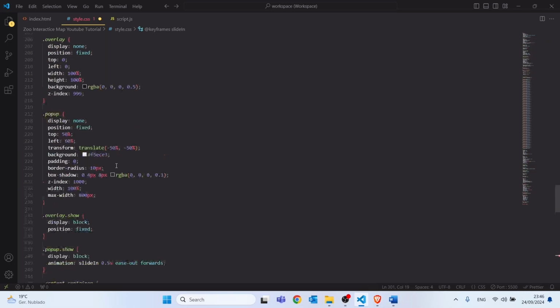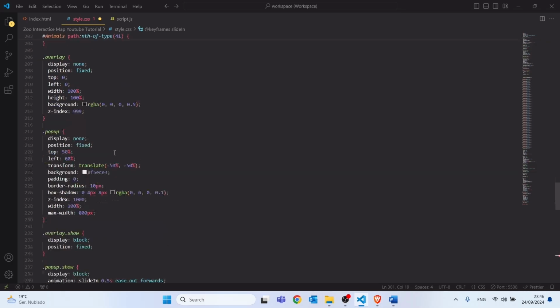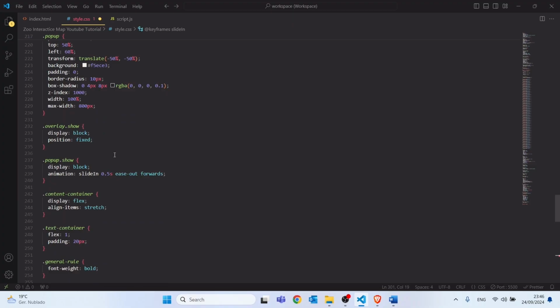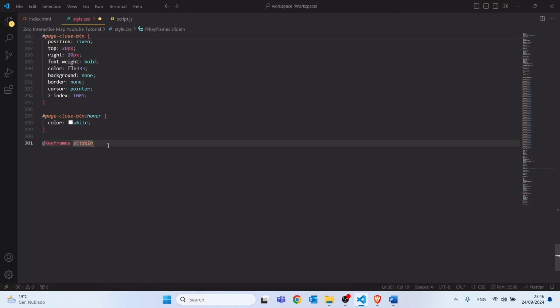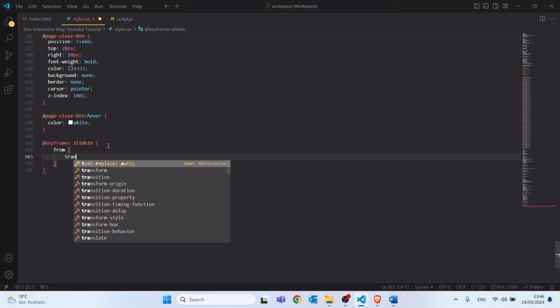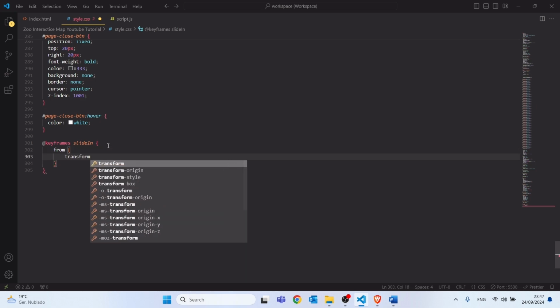Here at the top, let me see. Here on pop-up show, we had animation slide-in 0.5 seconds ease-out forwards, so we want to apply this transition here on the bottom of this CSS page. Okay, so first I want from transform